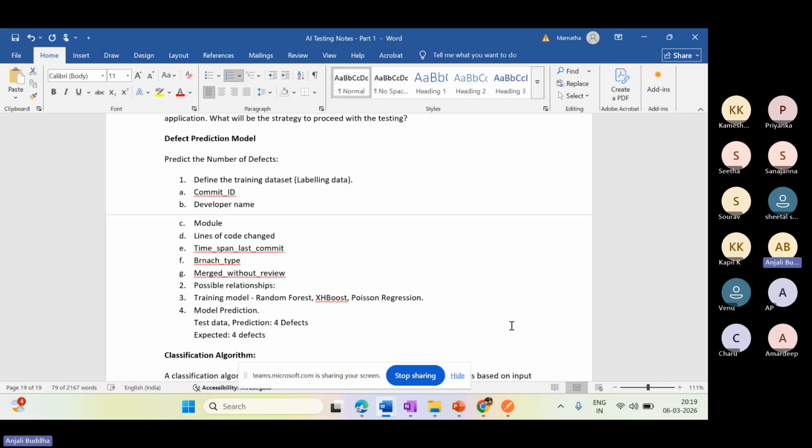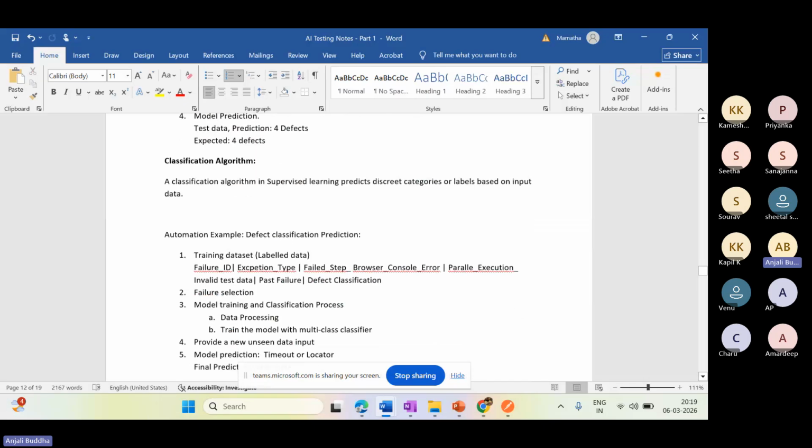In regression, we have different models, and in the backend they use different algorithms to get the prediction in the form of a numeric value. Because we are using different algorithms when we train a model, the outcome is also different. So based on the outcome, the metrics that we use for validation are also different. We'll talk about this in detail in the coming sessions. By using these parameters, we can try to find out the defect prediction model.